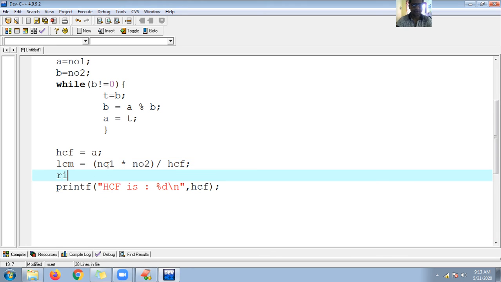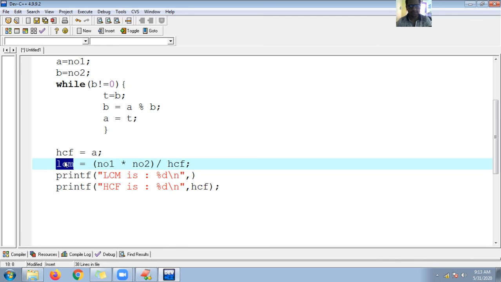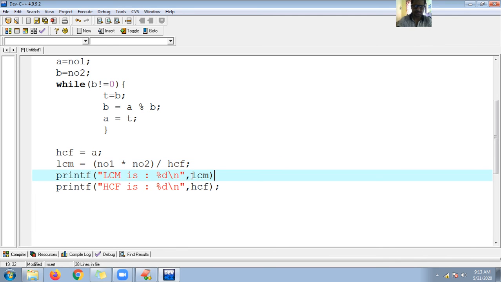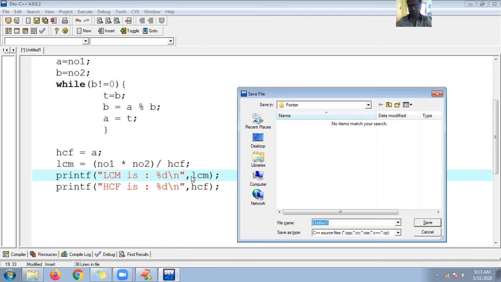So printf, LCM is, %d, new line, comma, so I can show here the LCM which is available in my variable called LCM. Semicolon, and save this program.